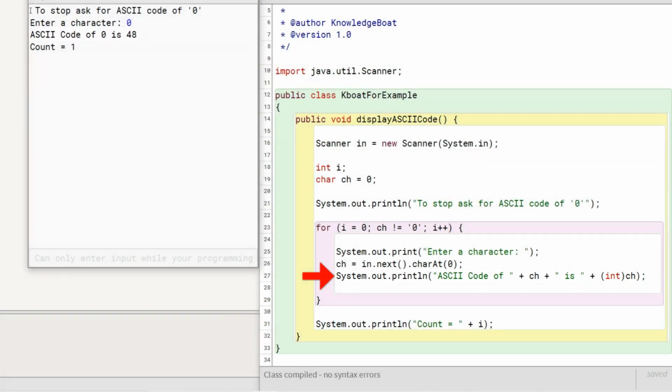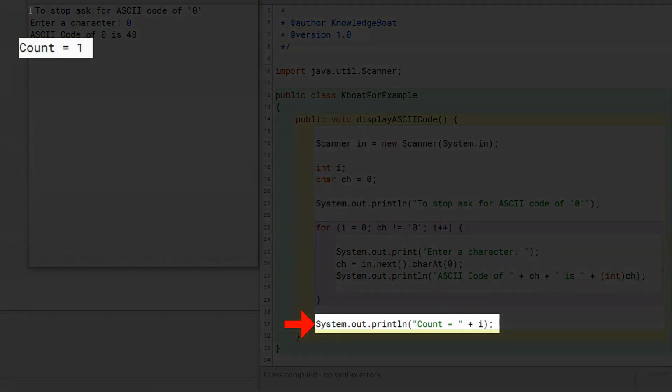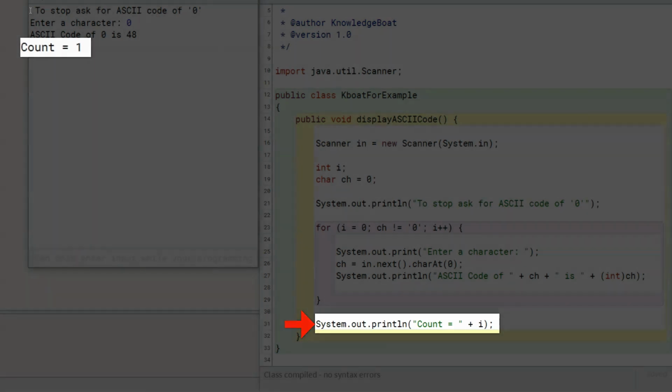As this is the last statement of the loop body, program control goes back to the beginning of the for loop, increments I and then tests the condition. The condition becomes false as ch is equal to 0 and program control moves to this println statement after the for loop. It prints I as the count of the characters entered by the user and the program completes.